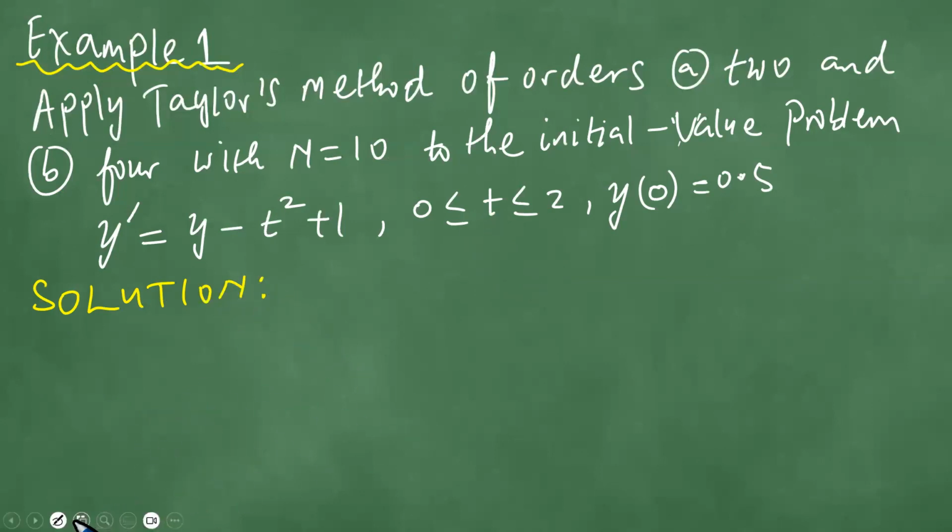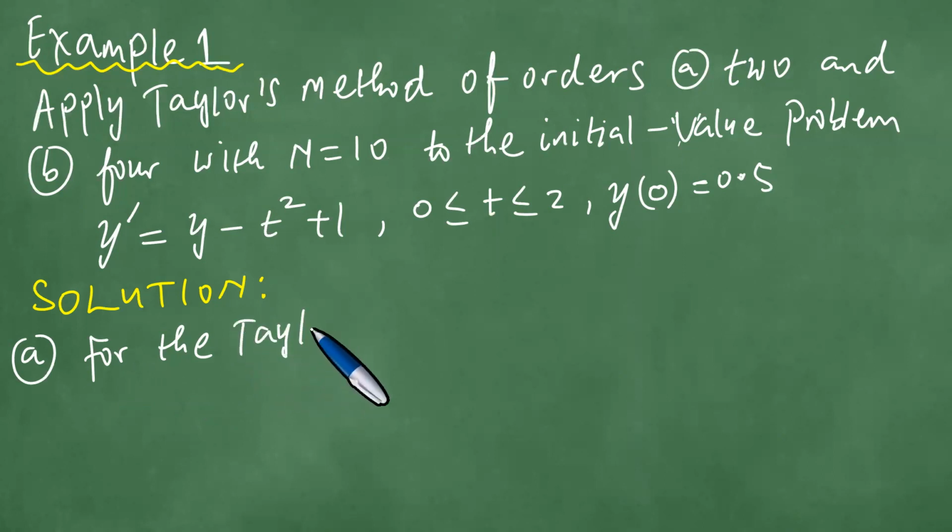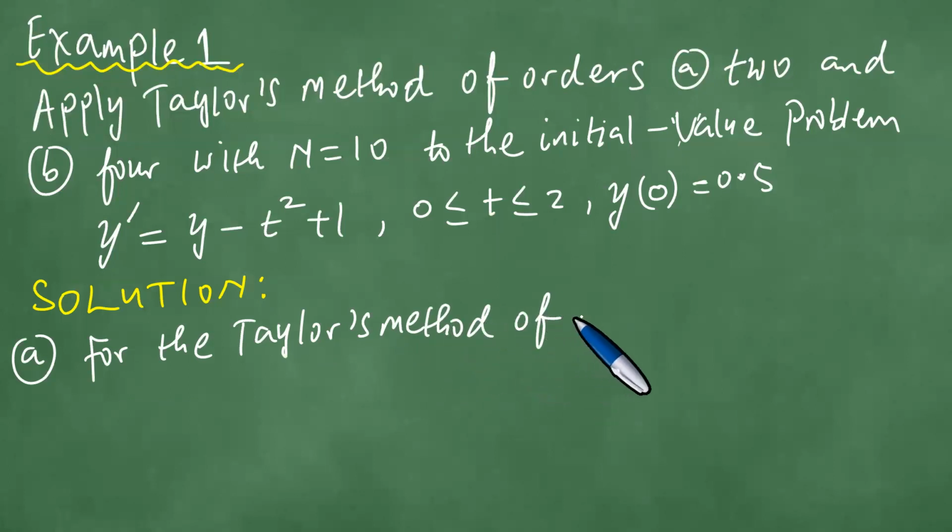Right, first, obviously, we shall look at part A. So obviously we're speaking of order 2. For the Taylor's method of order 2,